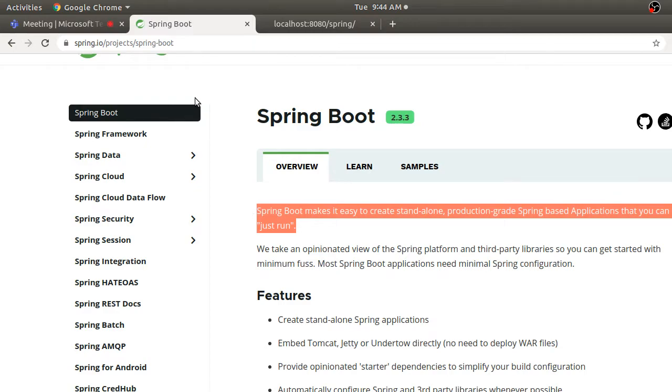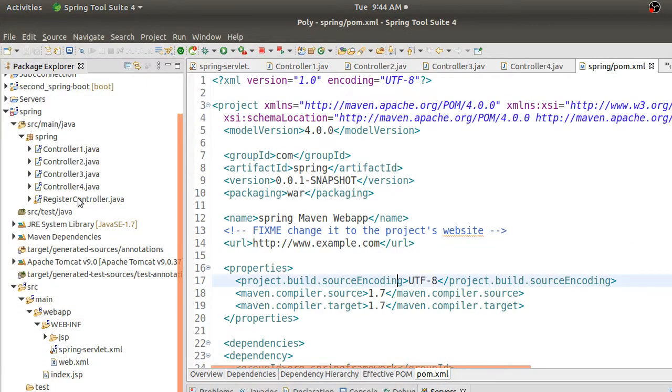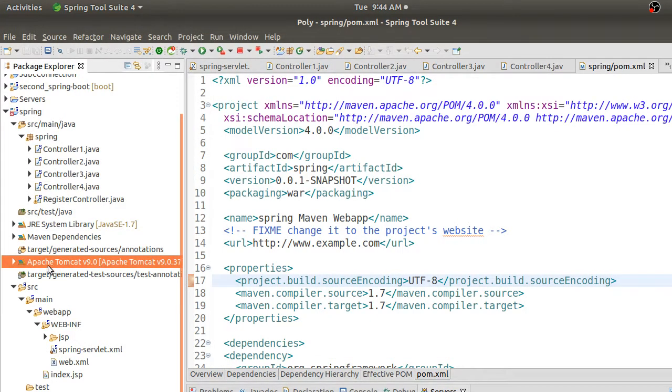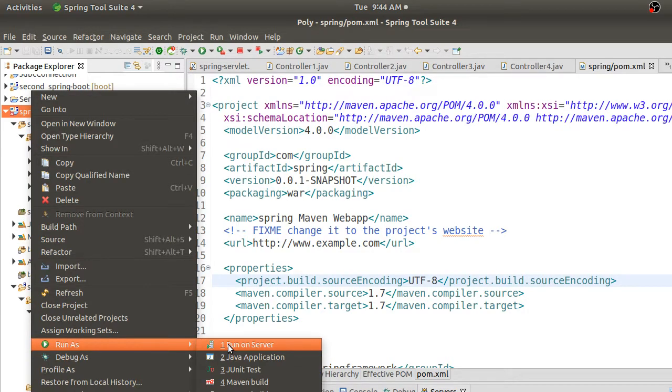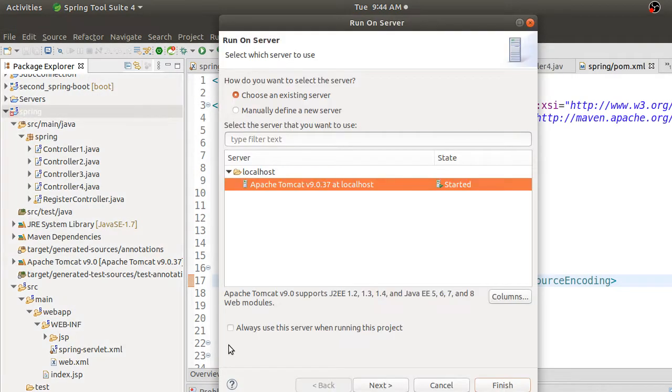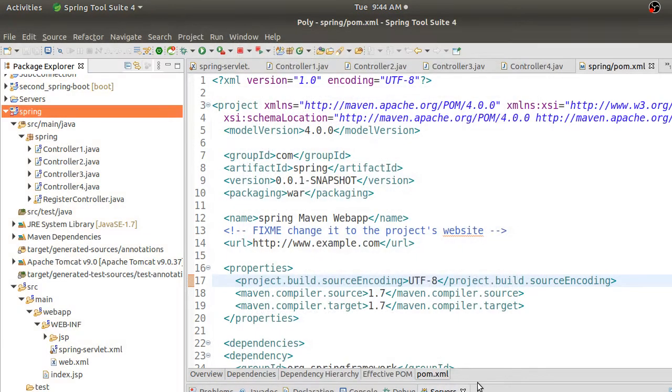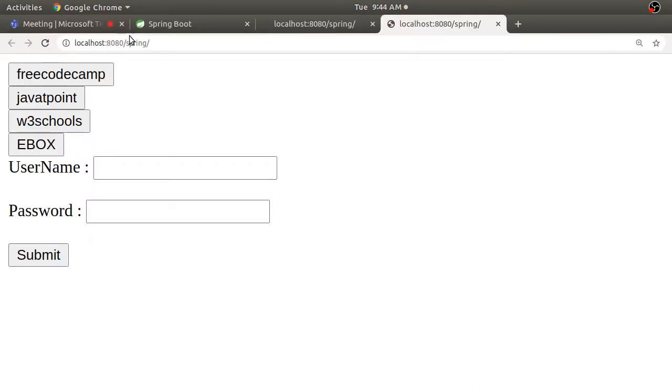If you see our traditional program that we did here, we had a lot of configuration done, and we are running it on an external server, a Tomcat server. We had just added its instance in our application, and whenever we run it, we are manually deploying it on our server. Every time we run this code, we are deploying it to an external server, an Apache Tomcat server.